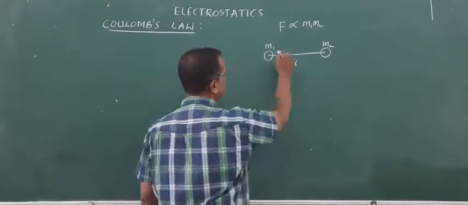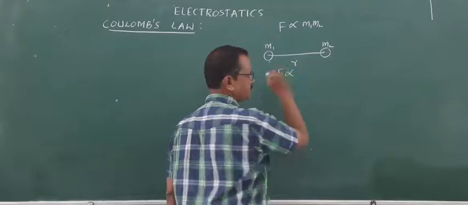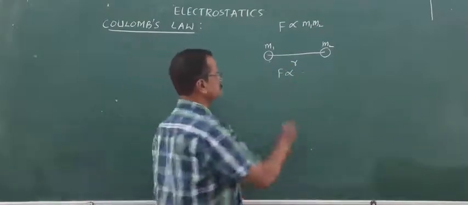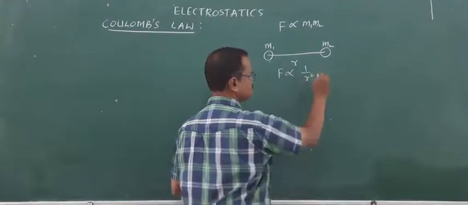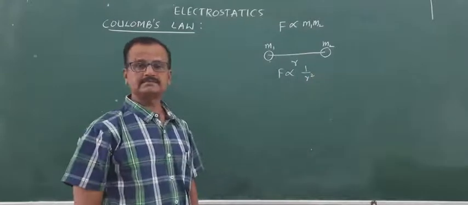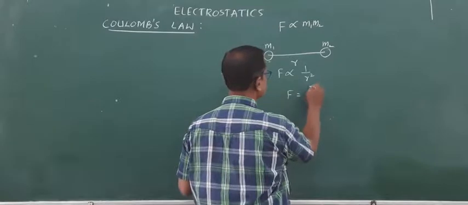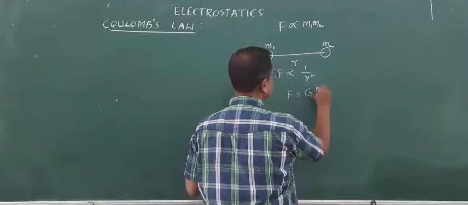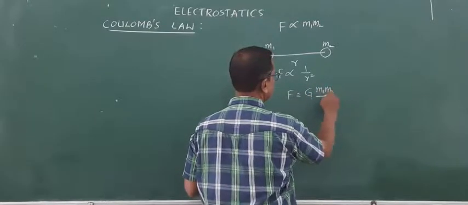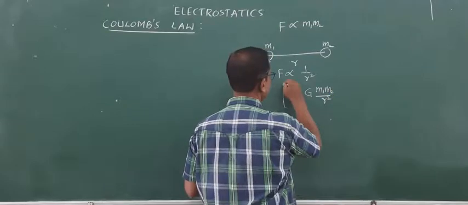And this force of attraction is inversely proportional to the square of the distance separating those two centers. Right? So when we combine this, we get the expression G m1 m2 by r square,